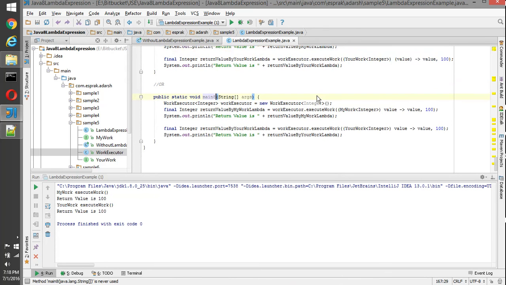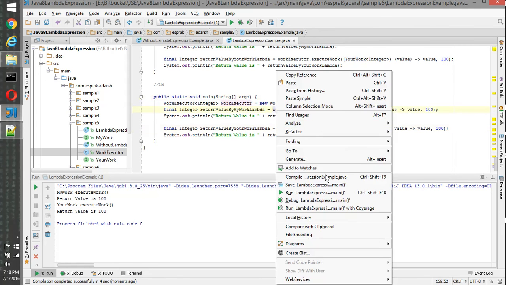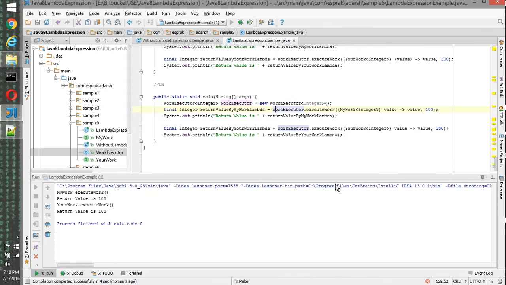In the last section, we have removed everything, only the single line statement like this, and we are typecasting it to myWork and yourWork here. So that's how we can write the lambda expression for the use case where we have a single argument and a return value.